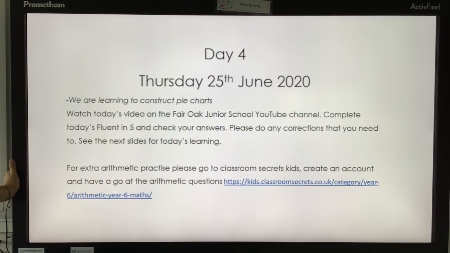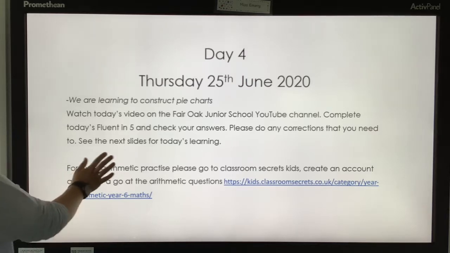Today we're going to keep looking at constructing pie charts. You've done very well so far. We have looked at if it's 100% and each piece of data represents 1%, how many percentages would be taken up in our pie chart. But we've also looked at how, if you've been given a set of data, how you work out how many degrees each piece of data is worth, and you've converted it. We're going to try and put that all together now